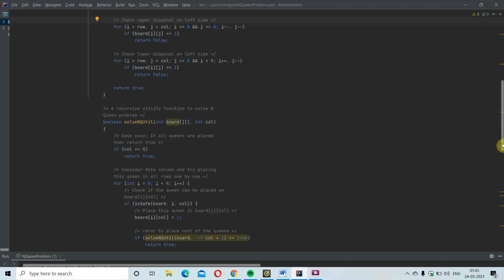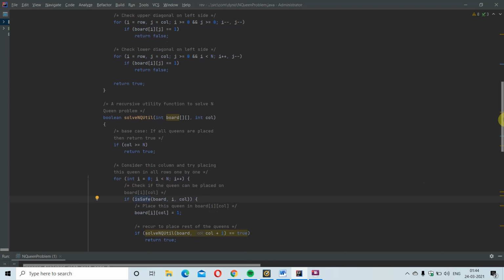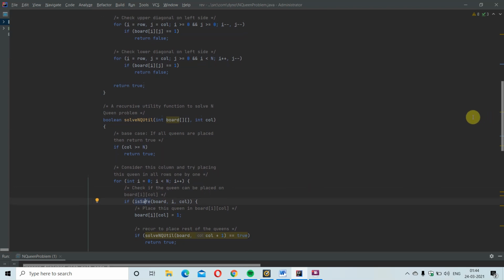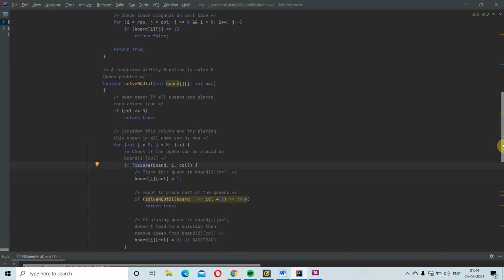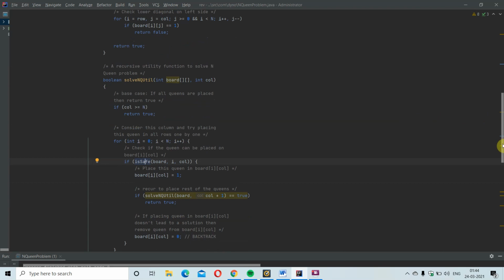Then I am iterating through each row in the board. I am checking whether it is safe using the isSafe function, board, i, col. If it is so, I am placing the queen at board[i][col], that is, at that location I am placing the queen, so that location becomes 1. 1 specifies the presence of the queen.